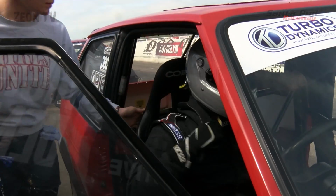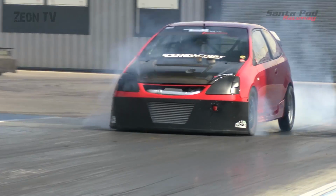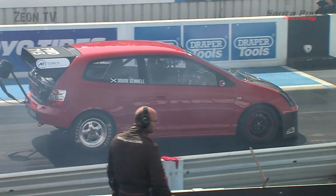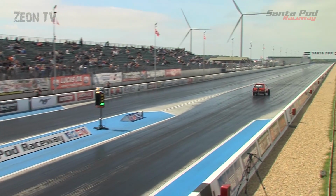So that leaves just 2 cars looking to run in Q2, Phil Reeves and Dougie Gemmell. Alan Duffy's working away in the pits, and both Keel Priestman and Dan Frost have elected not to put in any more qualifying runs, as they're already well in the field. But that doesn't stop them coming down to the start line to check out the competition and watch a bit